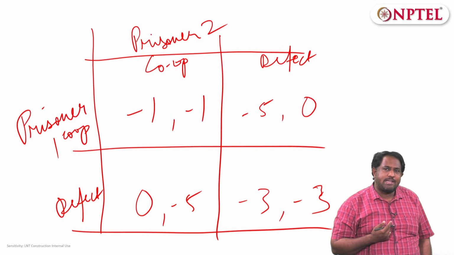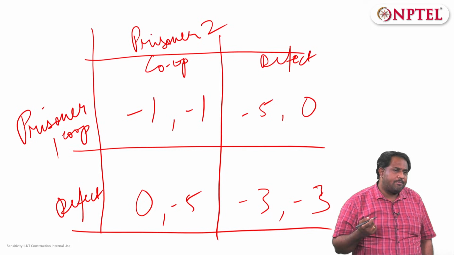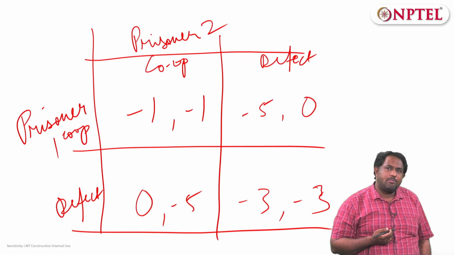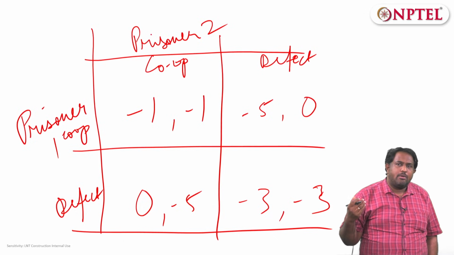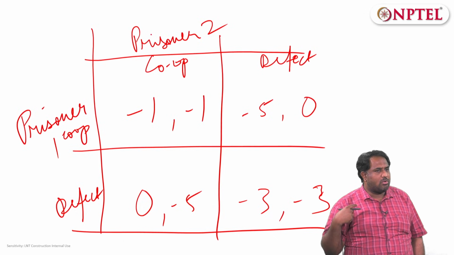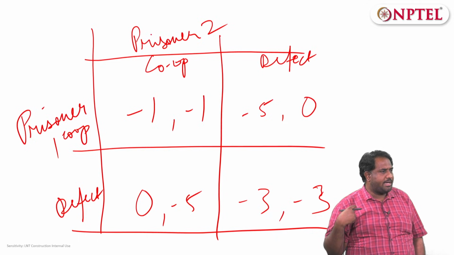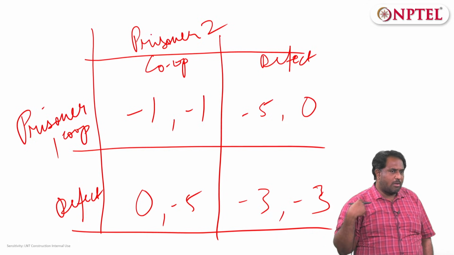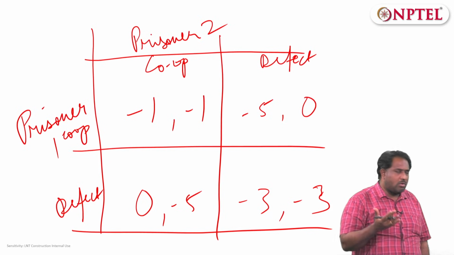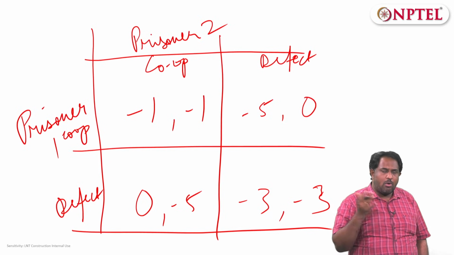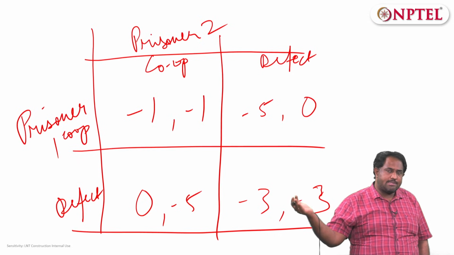So how does an arms race work? An arms race can work if, for example, look at the period of the Cold War. Had it been the case that the game was being iterated, they had a lot of opportunity to build trust, to communicate with each other. The 2 countries who were at the opposite camps, as it were, during the period of the Cold War, the United States and the Soviet Union,